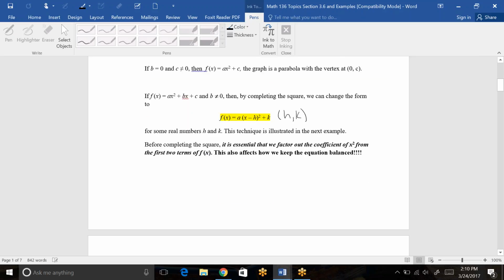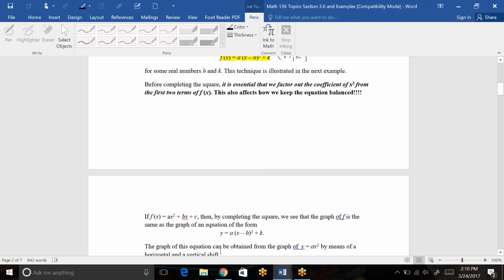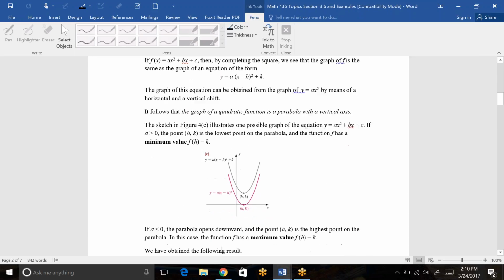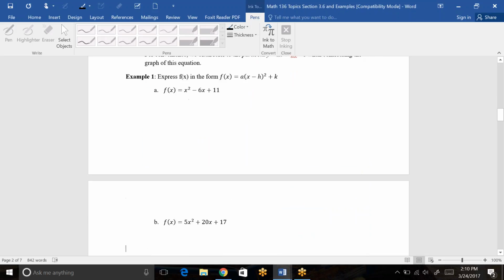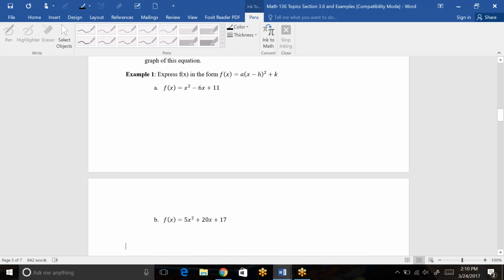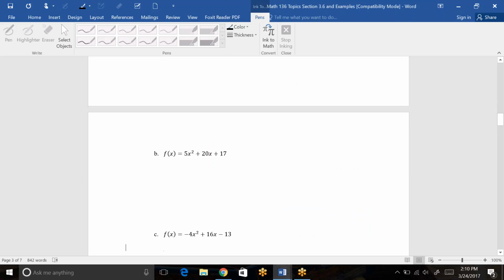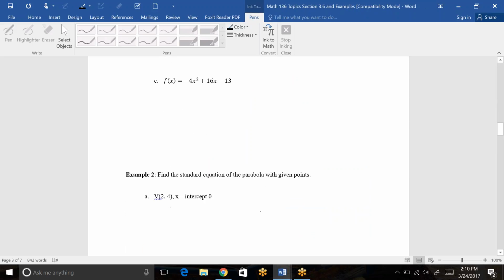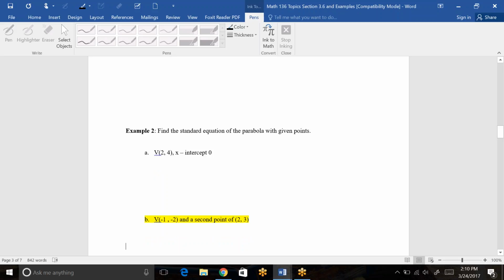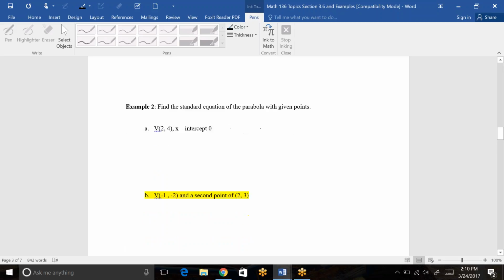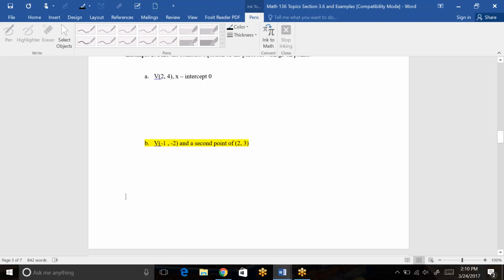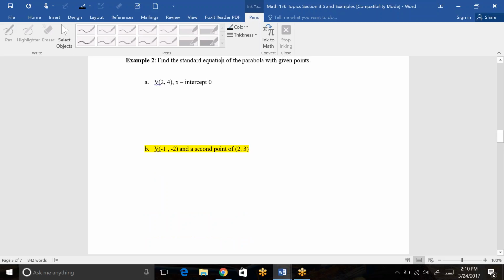So what we want to do now is, we spent a good deal of our time on the class session where we covered this, showing you how to take standard form and go into completing the square to turn it into vertex form. But we didn't get to spend as much time going the opposite way. So we did one example, example 2, of doing it the opposite way, and one of my classes did B as well, but I'm going to do from B on, just showing you how to take some random information about a quadratic, usually including the vertex, and to turn that back into standard form using the